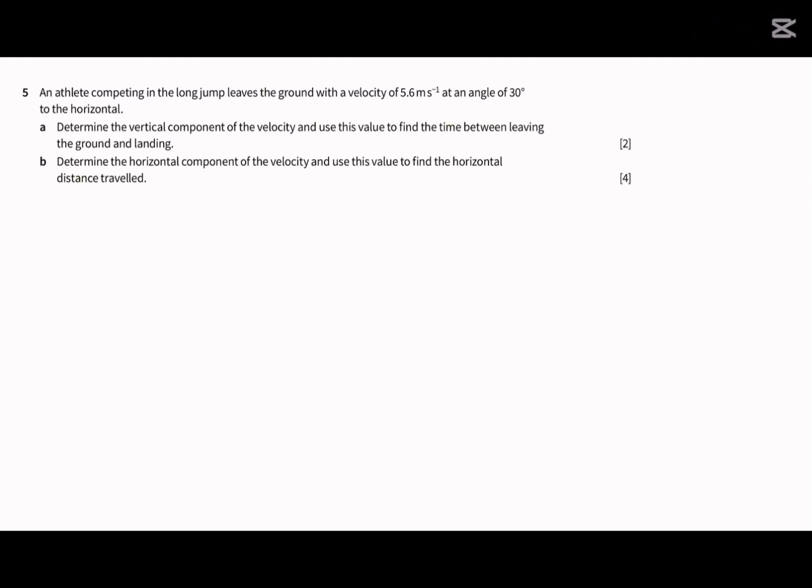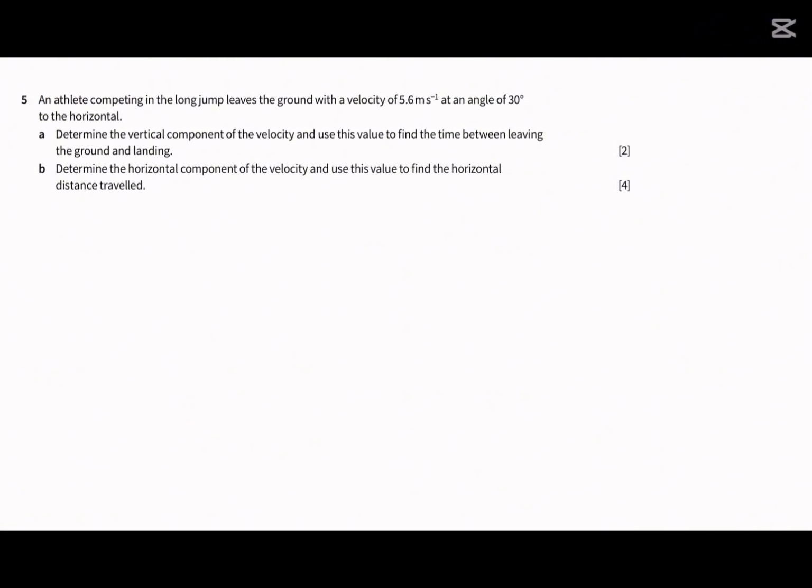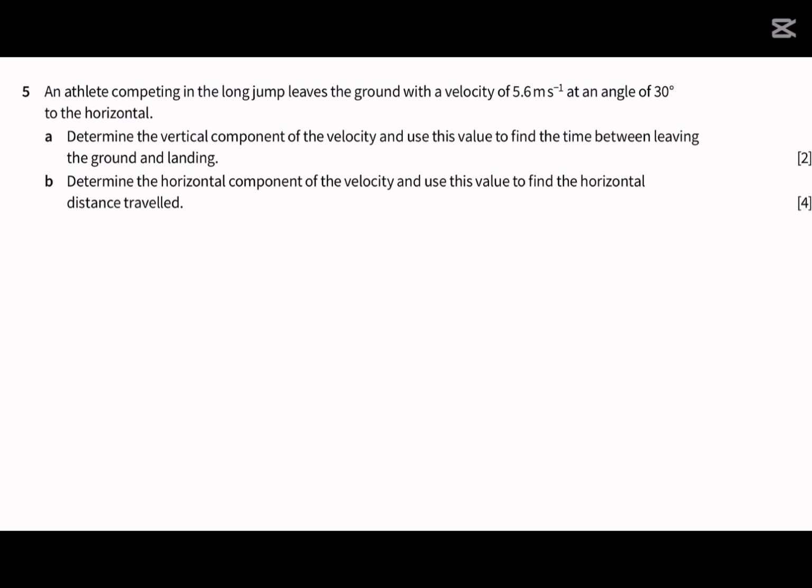So today we're doing one question and it is this question. Alright, so let's get straight into it. Number 5. An athlete competing in long jump leaves the ground with a velocity of 5.6 meters per second at an angle of 30 degrees to the horizontal. Determine the vertical component of the velocity and use this value to find the time between leaving the ground and